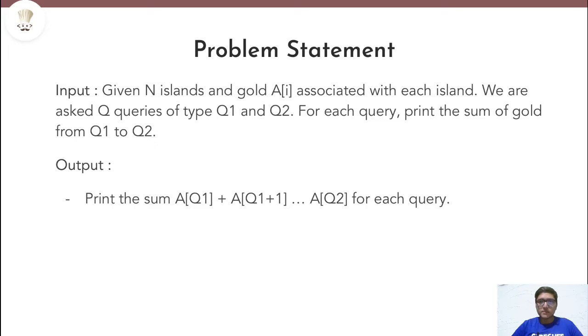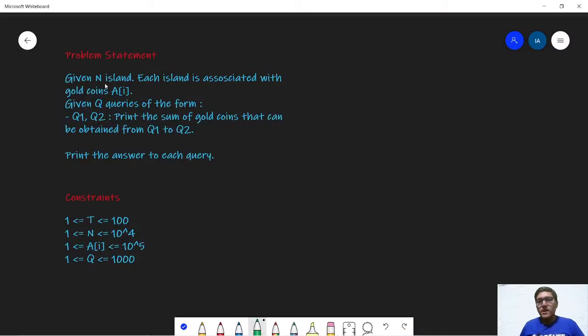With this, let's begin. In this problem, we are given n islands and each island is represented using a unique ID. So let us say that we are given n islands as 1, 2, 3 up till n. Now it is given that there is a traveler who travels to all these islands. When he travels to the ith island, he gets ai number of golds. So for example, if he travels to the first island, he will get a1 number of gold. If he travels to the second island, he will get a2 amount of gold. So on the ith island, he will get ai amount of gold coins.